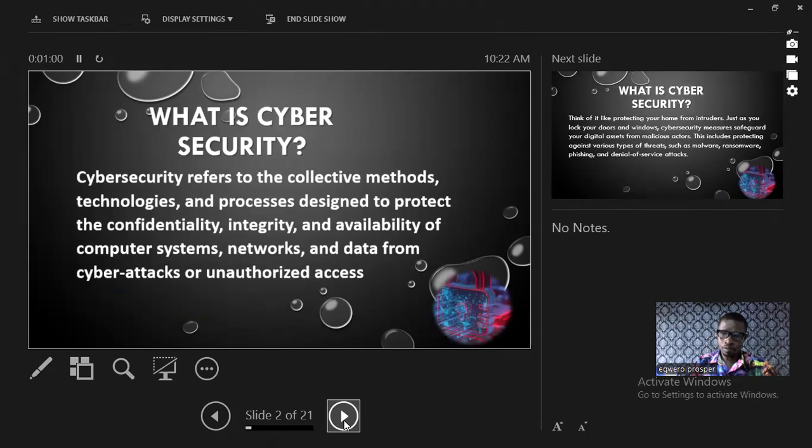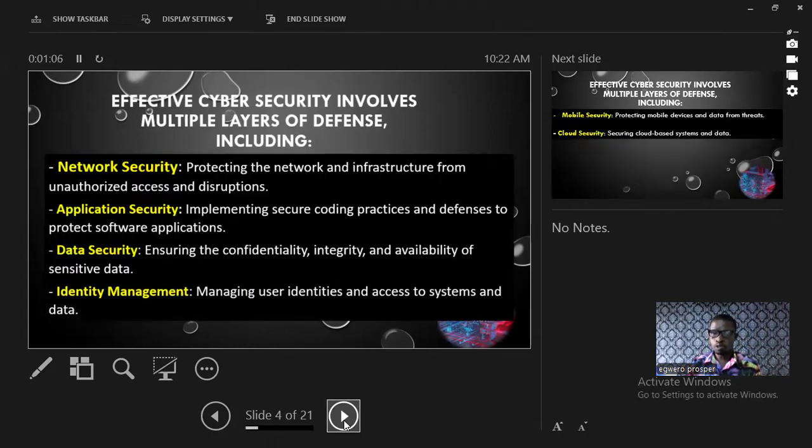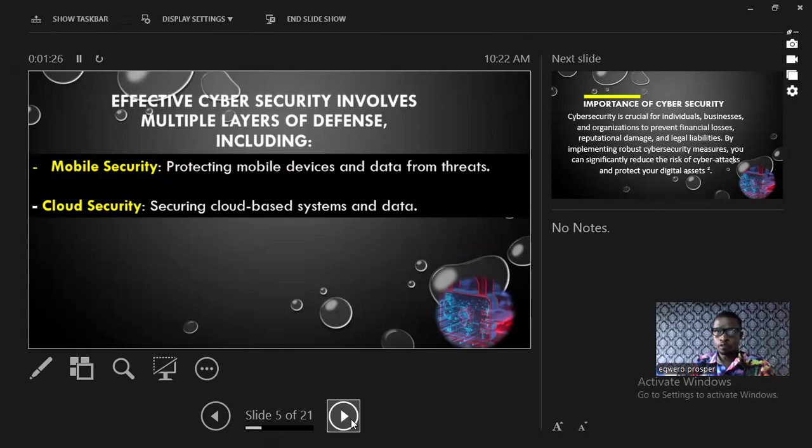Because we understand that sometimes the black hat hacker takes advantage of such readable format data because they believe that they have access to the real content. But by the time you have ciphered it, by the time you have converted it to unreadable format, it means that you have just rendered all their effort useless. So they might have access to such a file, but they will not be able to decode the content. They are not going to be able to see the real content.